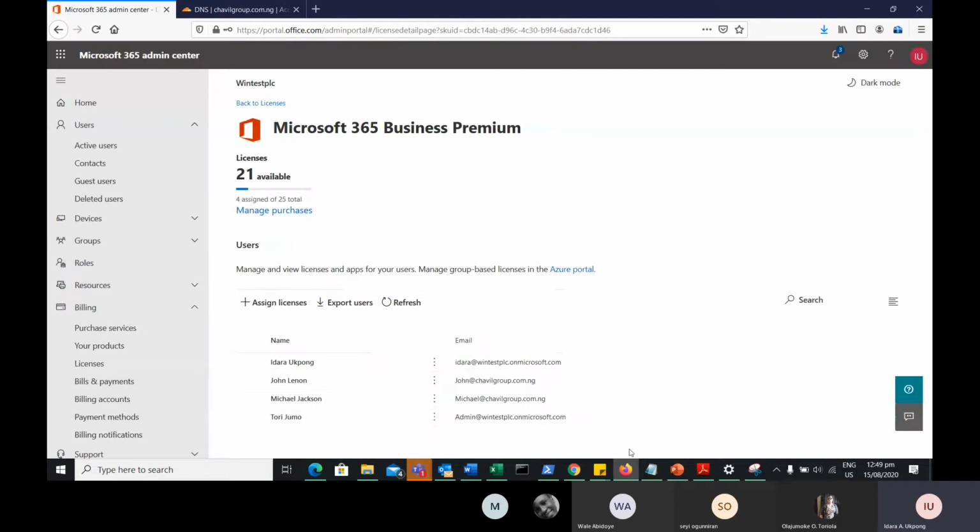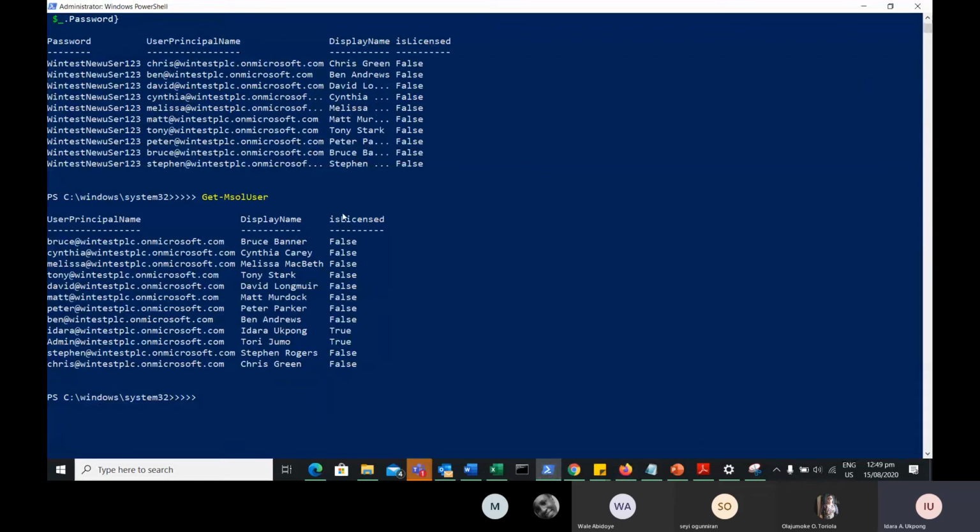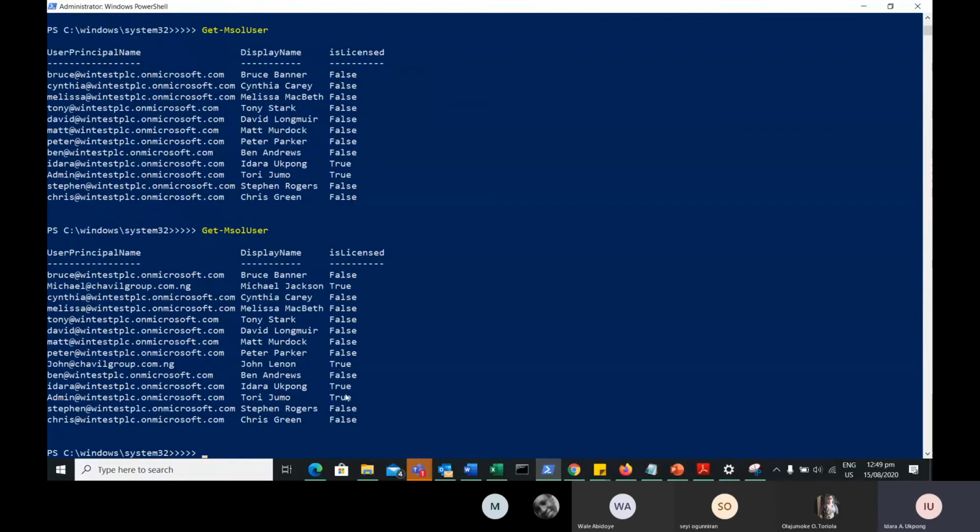So let's see how we can do that using PowerShell. Now, first, when I did the get MSO user, we can see IsLicensed, which is telling me if this user is licensed or not. False for those who don't have license, and true for those who have license. Now we added a few users, so let's just do the get MSO user again to see the users which are added, and they have been populated. Now to filter through, because I want to now see the users in my organization that do not have license, since I want to apply license to them,